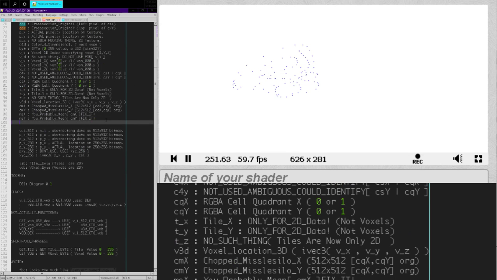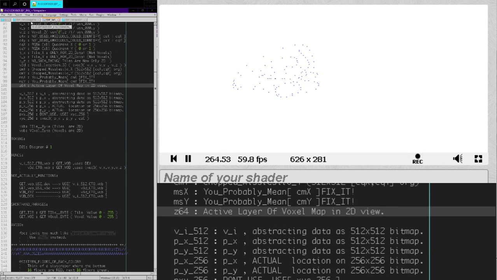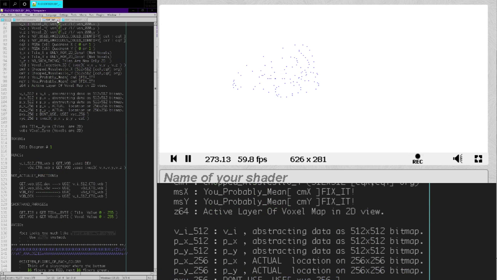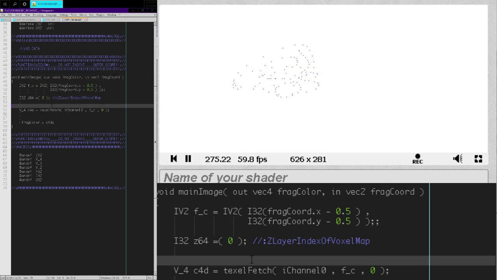Let's just add it here. Active layer of voxel map in 2D view, right? And we'll just give it a definition, and we'll just move on, right? Because if we try to think too much about that, it's just going to give us headaches. So let's keep on moving. Okay, so Z64,